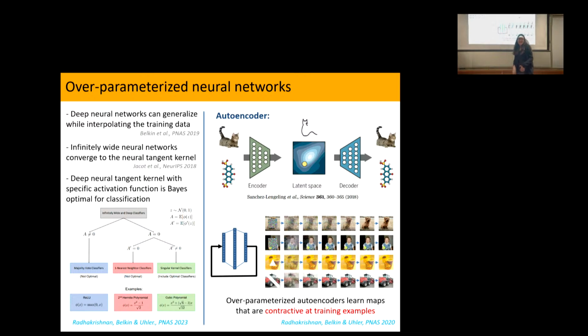And there are papers that suggest that these autoencoders learn the identity map, which is wrong, because, and we have a proof, but you can just do it yourself, try to train such an autoencoder. If it was the identity map, whatever comes out, you put it back in. I can iterate the map. If it was the identity map, nothing changes. But if you do it, you will see, and we now have a proof, that whenever you iterate these overparameterized autoencoders, the functions they learn are attractive at the training examples.